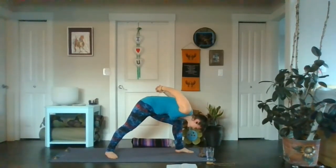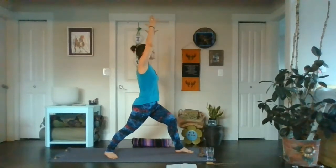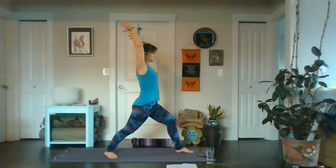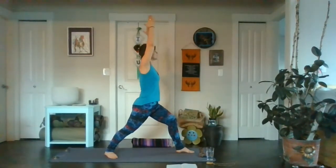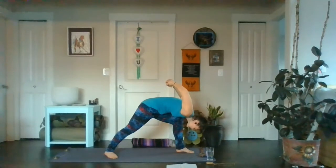Humble warrior, letting it go to the earth, allowing that snake to take whatever no longer serves. And as we inhale, coming up to Virabhadrasana 1, warrior 1, hips are forward, shoulders down the back. Our exhale, we're going to move back forward into humble warrior, stretching our arms up. On your inhale, coming up, and one more time, coming down to humble warrior, hands clasped, pulling those shoulders open